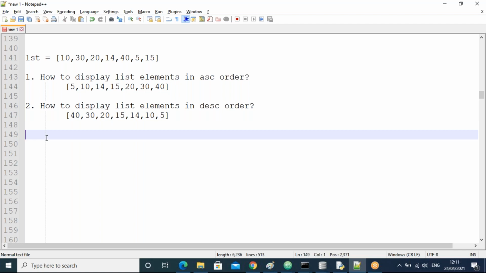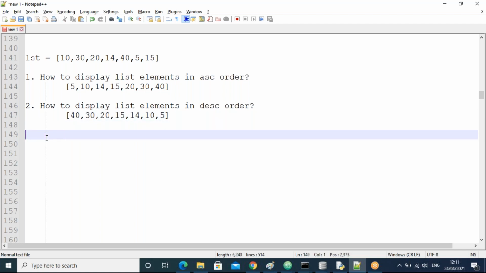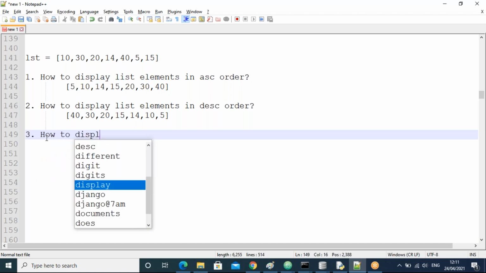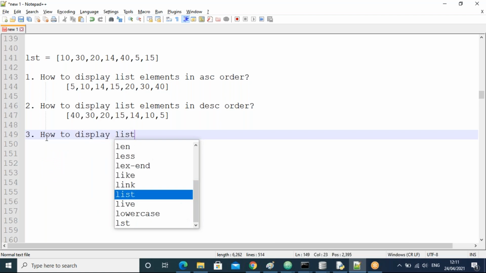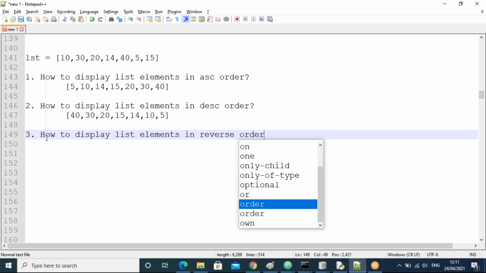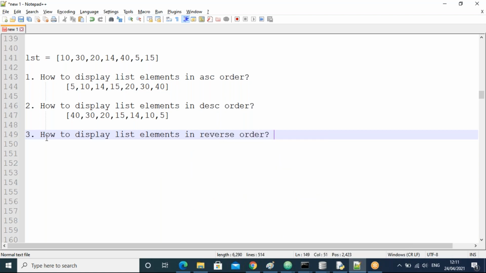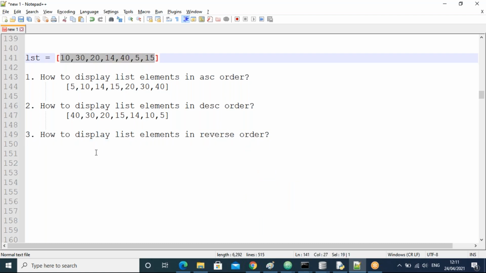The third question is how to display list elements in reverse order. Reverse order means the reverse of the original list, not ascending, not descending.